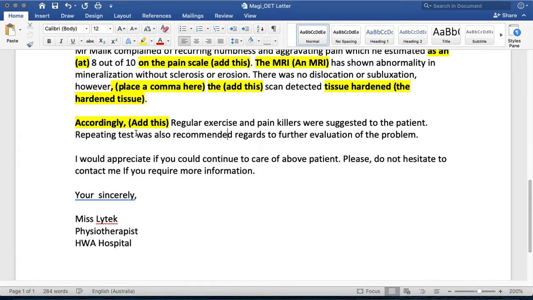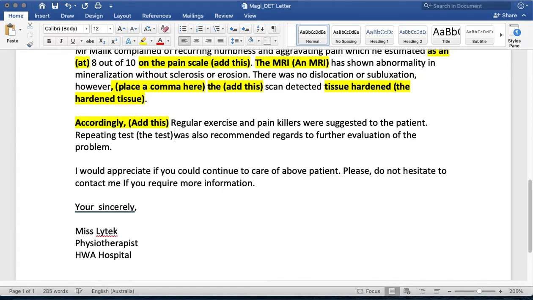So in this case, we can say repeating the test. It should be repeating the test, because we need to use either the noun or the before test. All right, let's go to the next one. So you can use a repetition of the test, or you can write repeating the test was also recommended regards